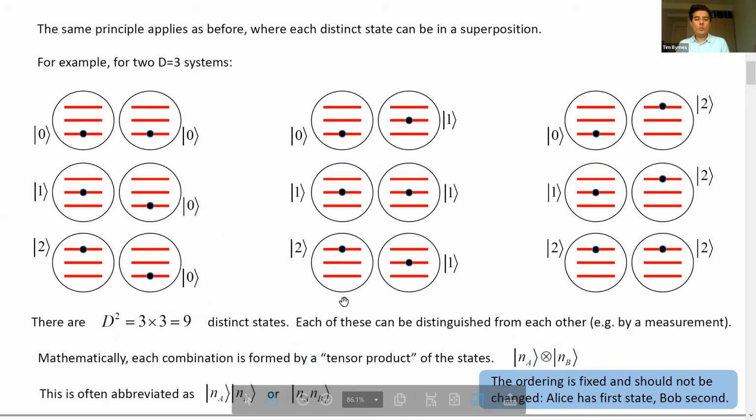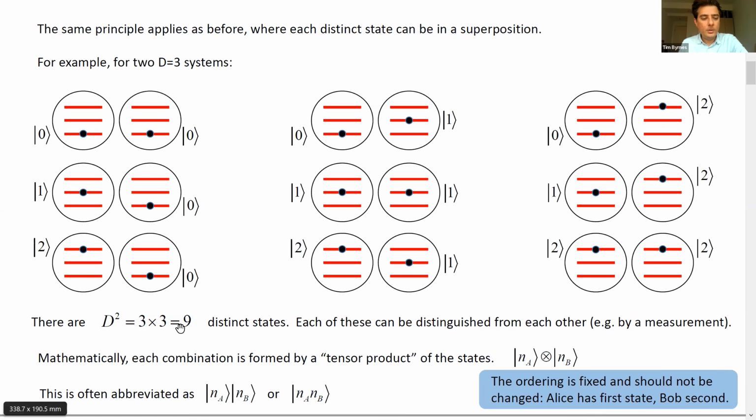Now, if you've got more than one quantum system, as we do here, then we have to look at every possible combination of the states. So for example, if you've got 2D equals 3, that means two 3-level systems, then there would be 3 squared, 3 times 3 different states. Okay, so each of these is a distinct state, because in a combined system, you can think of these as